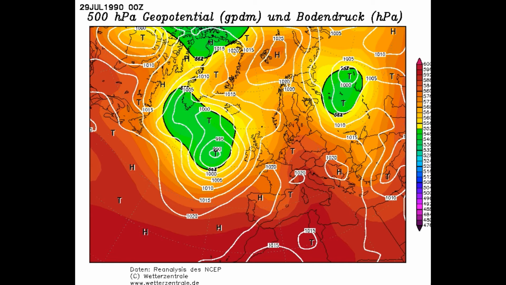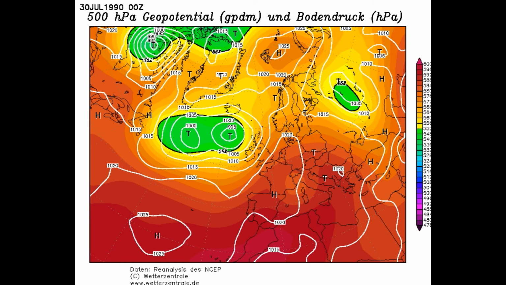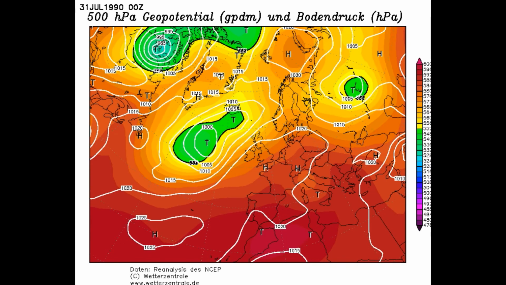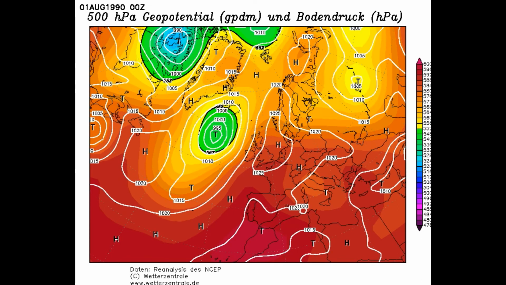up. Because as that low pressure clears away to our north on the 30th of July, it brings a warm front through the country, and this starts to bring some very hot air in behind it. And as we finish off July on the 31st, the Azores high again is building into that heat, and we now once again have temperatures going up above 30 degrees. And that takes us into the beginning of August 1990.